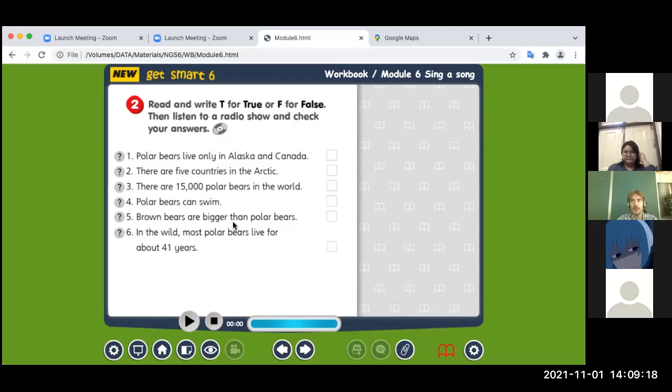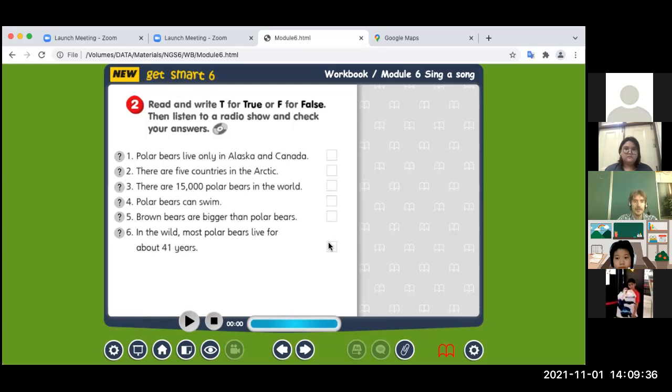What do you think? And 6, in the wild, most polar bears live for about 41 years. So write what you think, and now listen and check whether you were correct.